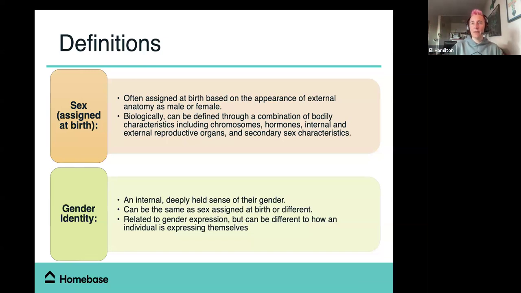I want to pause there, and I'm going to ask a question. My question is going to be, do you all have any questions? But while you're thinking of that, don't put this in the chat. You don't need to share this, but just check in with yourself. What was your sex assigned at birth? What is your physiological sex and what is your gender identity? Name those for yourself, particularly if those are things that you don't often think about in terms of yourself, because